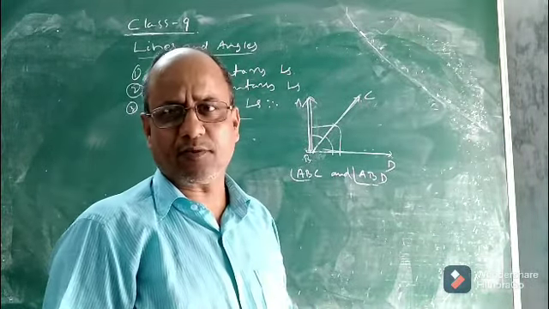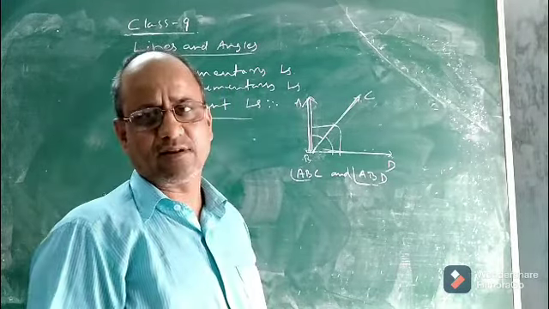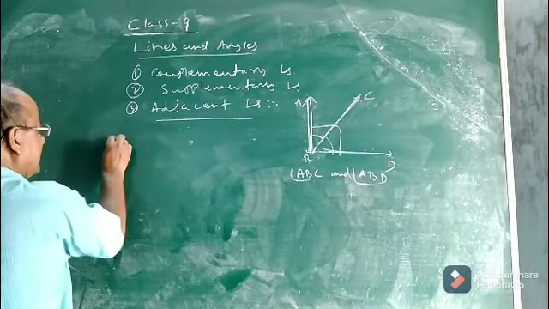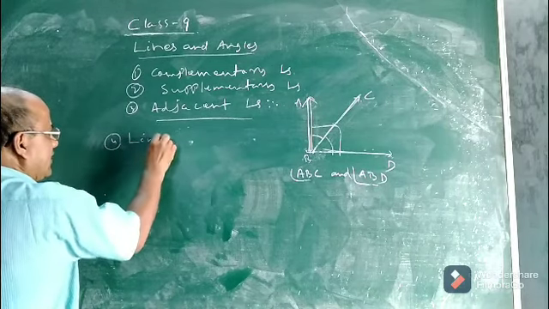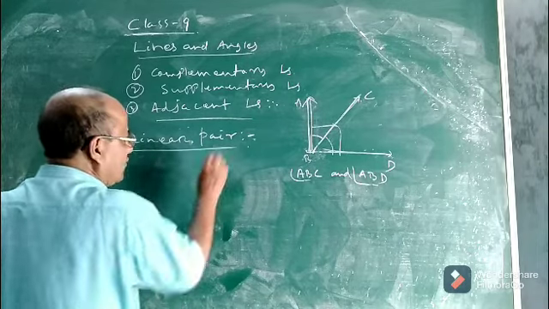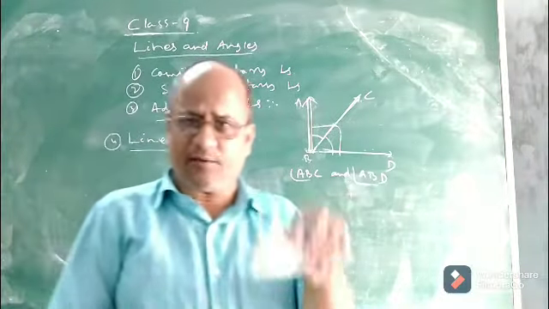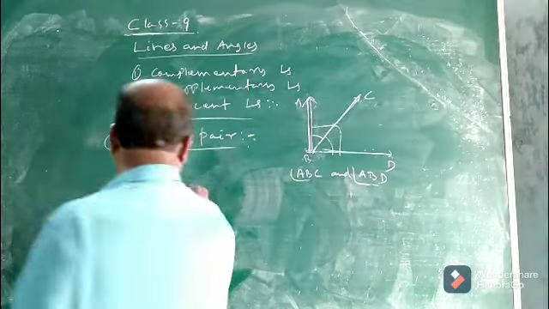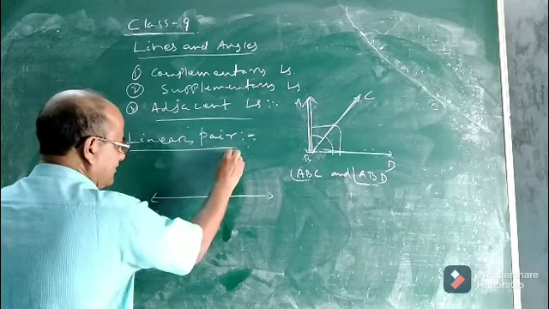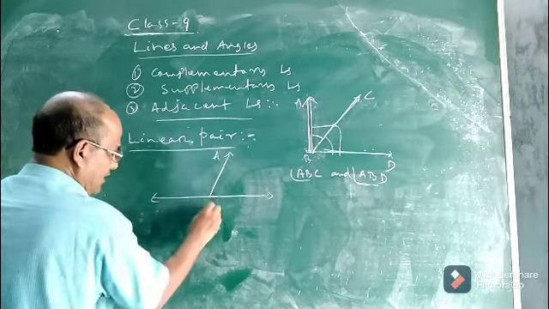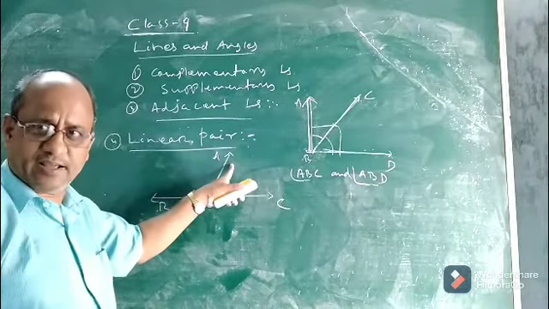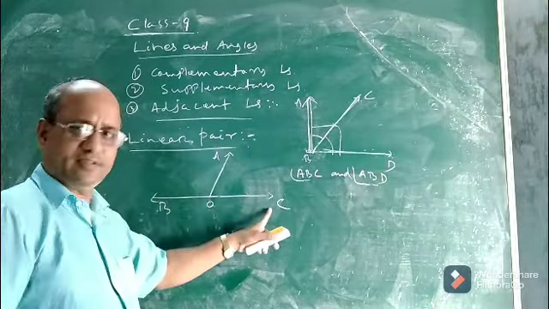Okay, so this is the concept of adjacent angles. Now we will discuss linear pair. The next pair of angles is the linear pair. So what is a linear pair of angles? Now see children, in order to understand a linear pair of angles, let us take one example. Suppose this is a straight line, and this is a ray. Suppose A, O, B, C. Look at the figure. OA is a ray and BC is a line.